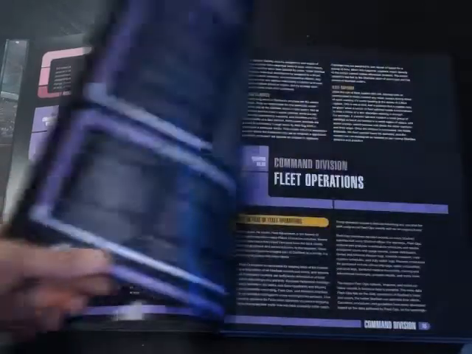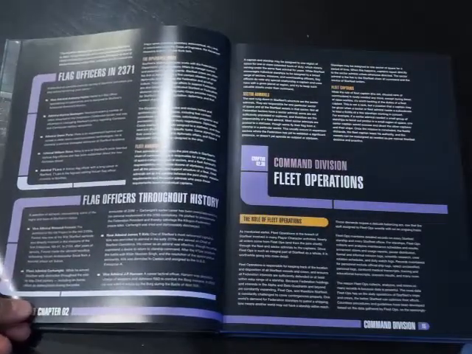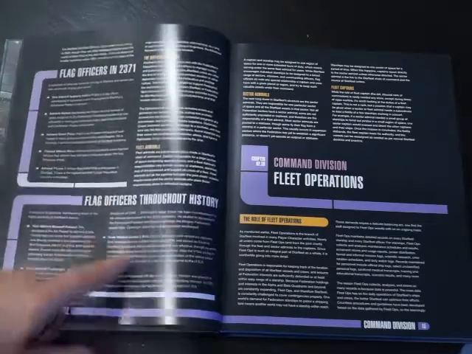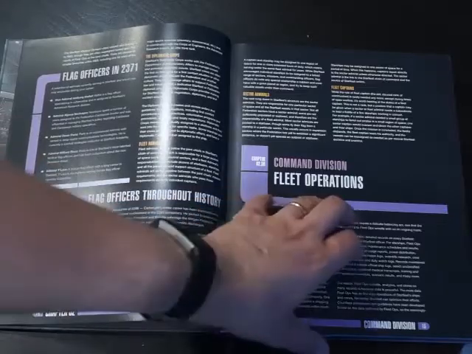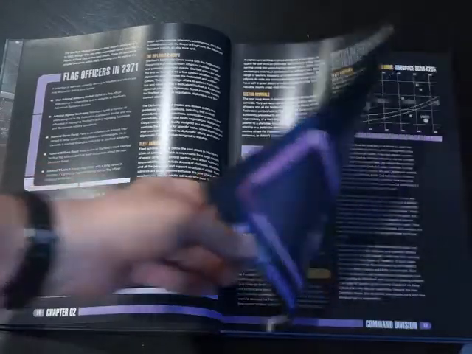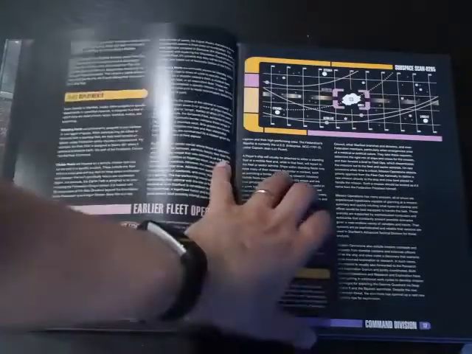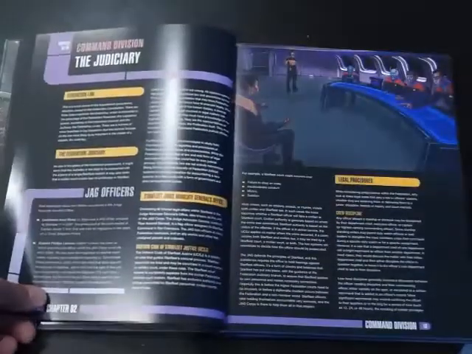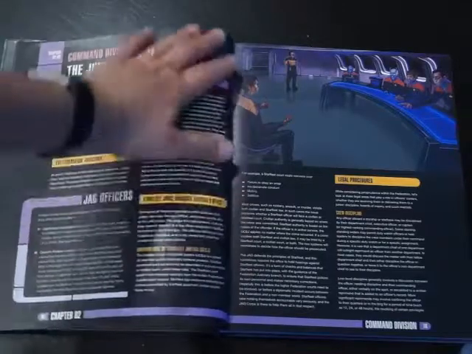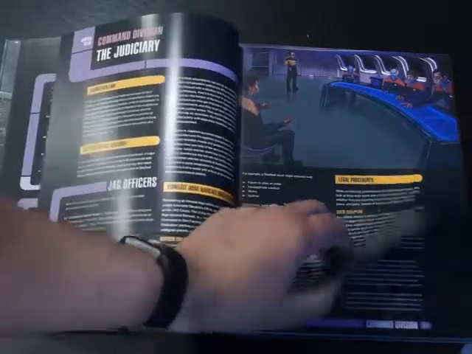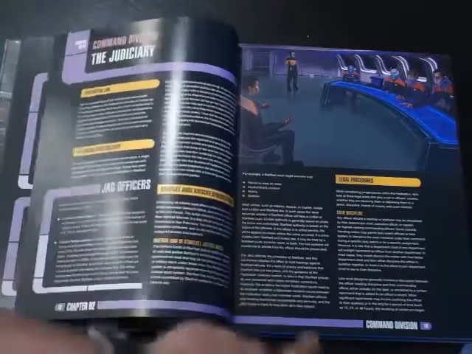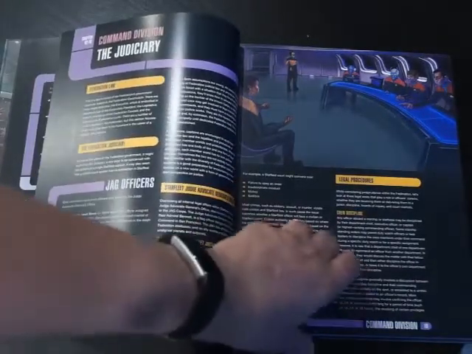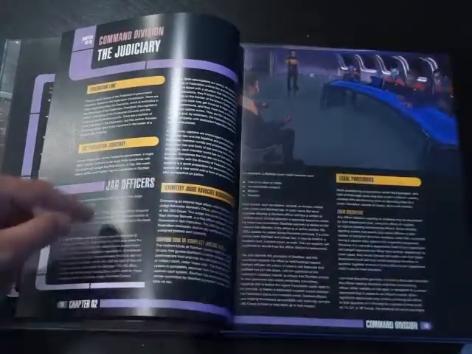It's really nice actually, and quite interesting because you've got bits about flag officers throughout history, flag officers in 2371, which is the default time period for the game, and bits about how fleet operations work, what different sections in Starfleet do, and the judiciary, how that works, which could be useful. One of the tiny bullet points there is what they might convene over, which is really interesting. There's a bit about JAG,